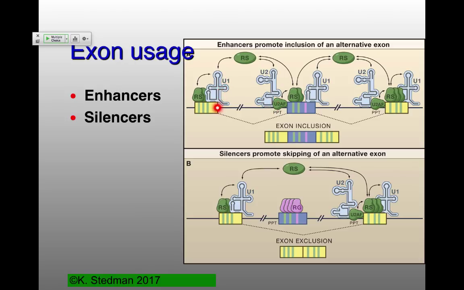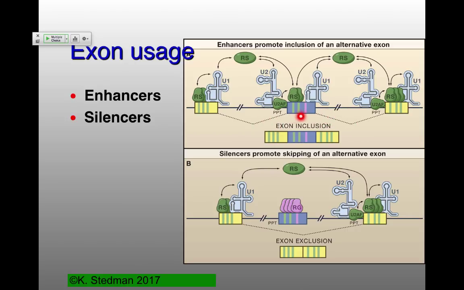They will also stimulate binding of U1. And you remember U1 and U2 are the ones that are determining the 5' end and the 3' end of the intron, which is going to be used. And if you have that binding, then you'll have U4, U5, U6 come in, and all of this splicing will take place. These are also known as